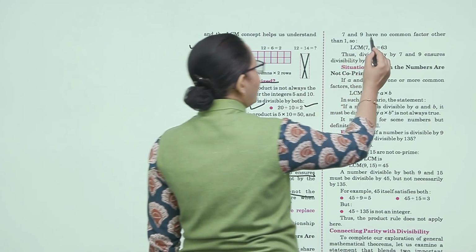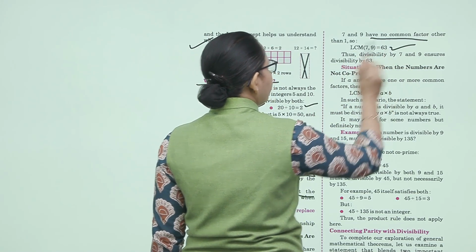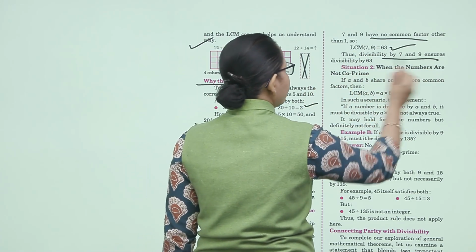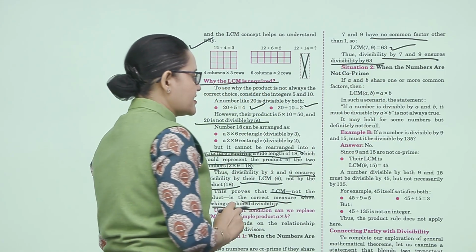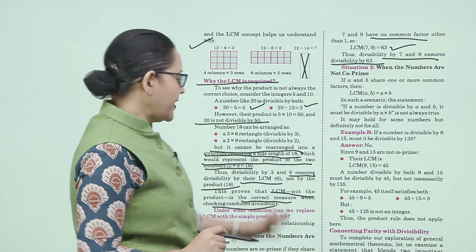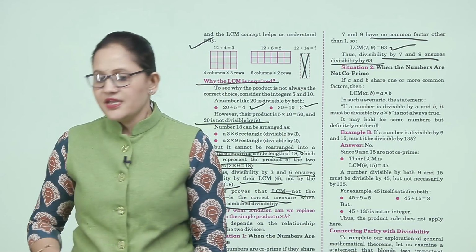Seven and 9 have no common factor other than 1, so they are co-prime numbers. So, the divisibility by 7 and 9 ensures the divisibility by 63. So, you will practice all the examples. Next is